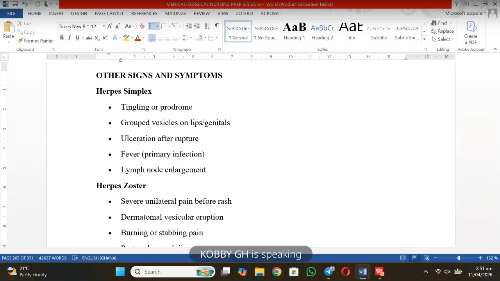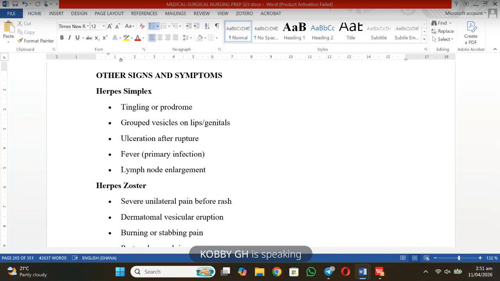Small vesicles, or a group of small vesicles, will appear. But herpes simplex may occur at different areas. It can be a bilateral rash, meaning the rash may be on different parts, either the right part or the left part. But specifically, when it comes to herpes zoster,